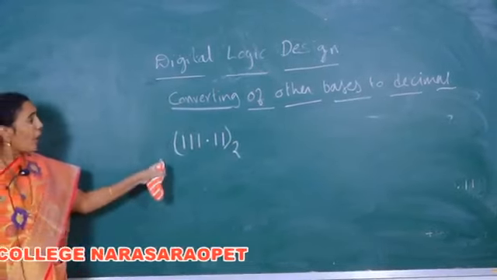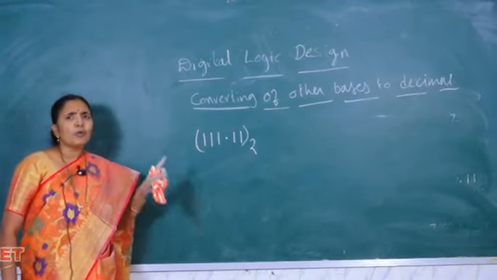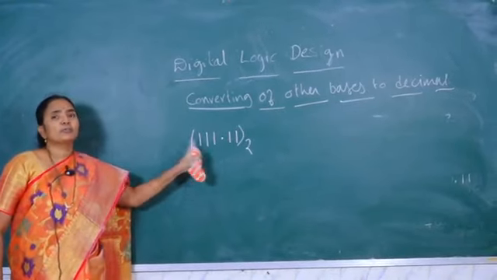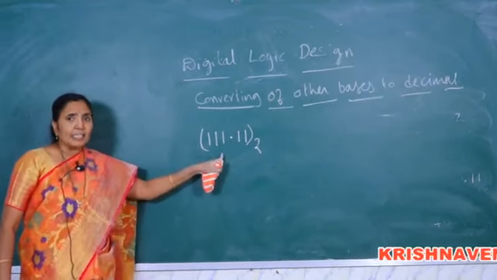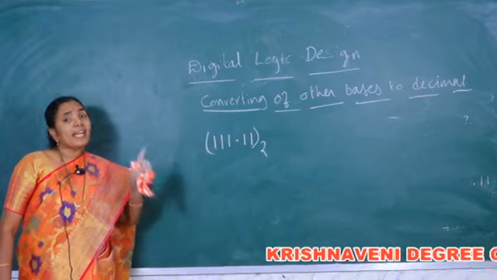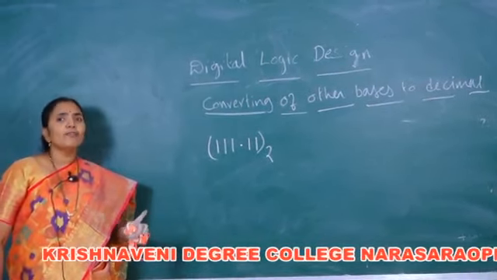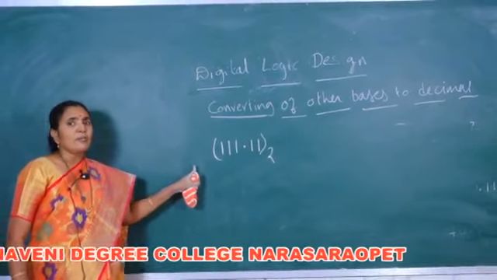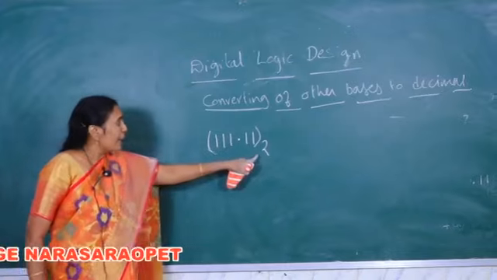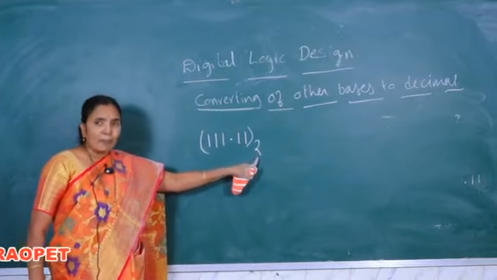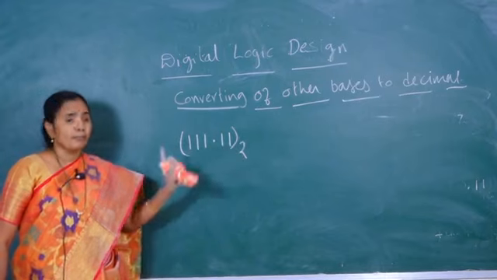Now, how to convert it to decimal? It is just to find the value of this binary number. How to find the value of this binary number? I said the value of the given number in any number system is equal to the summation of the product of place value and face value. As the number system that I am converting is binary, the base value is 2 to the power of something.